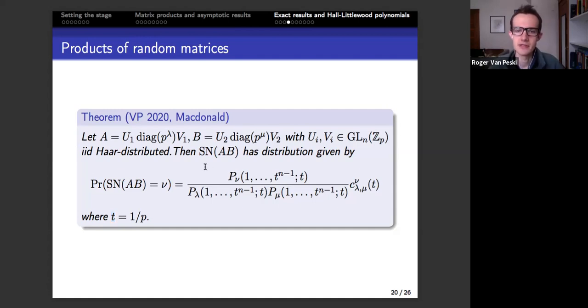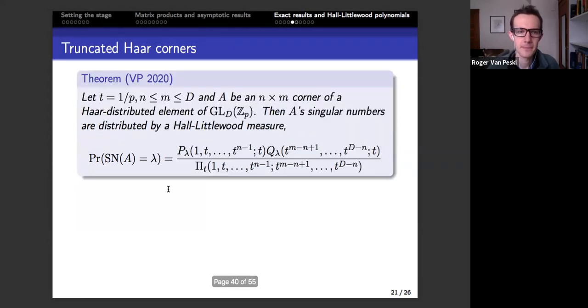So this is just sort of a translation of Macdonald's structural results into random matrix theory language in some sense. And you can use this result to recover a lot of the things that people had done in the p-adic random matrix literature. So one of these is that